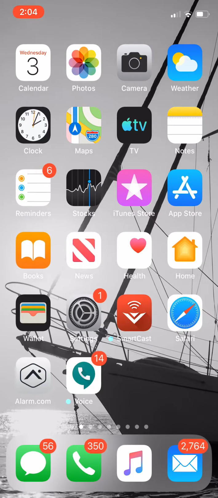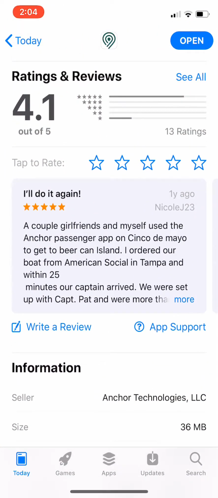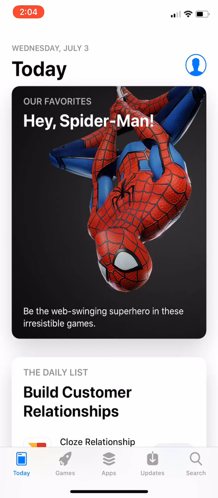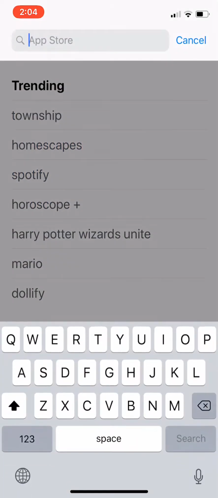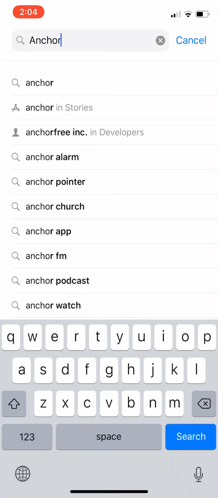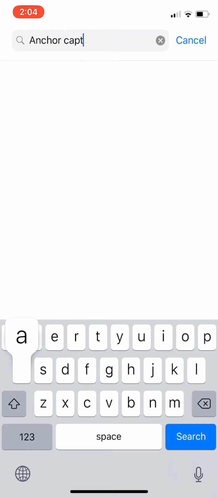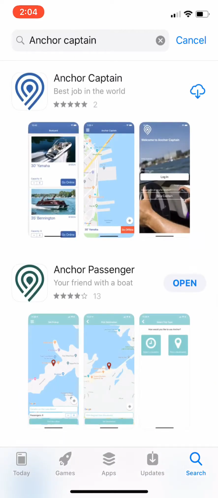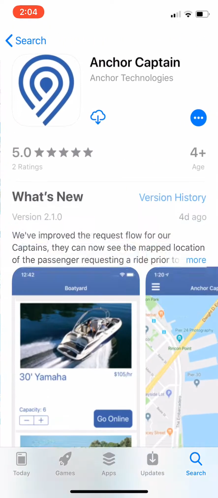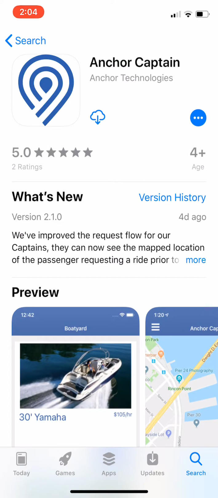So here's what I'm going to do. I'm going to start off. I've deleted the app from my phone. I'm going to go to my app store, and I'm going to search for the Anchor Captain app. All right. You can see that I've already downloaded it. That's why the cloud is there. But what I would do here is hit the download button if it was my first time downloading